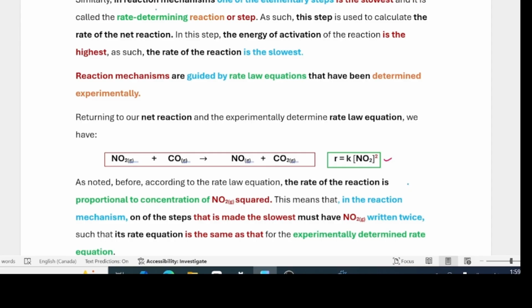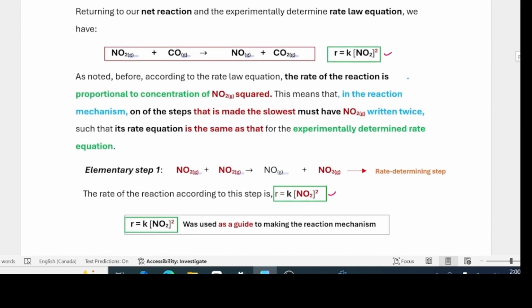Similarly, in reaction mechanisms, one of the elementary steps is the slowest, and it is called the rate determining reaction or the rate determining step. As such, this step is used to calculate the rate of the net reaction. In this step, since it is slow, the activation energy of the reaction is highest. Reaction mechanisms are guided by the rate law equations that have been determined experimentally. Returning to a net reaction,